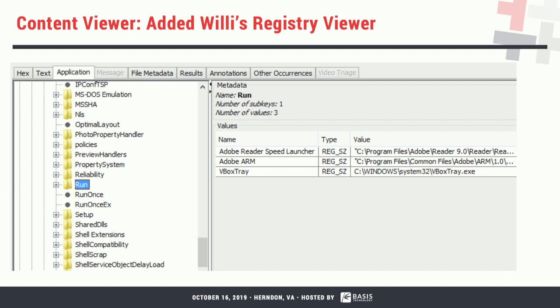So there's a bunch of tabs on the top there. Application is one of them. The application tab is all about file type specific things. It's where you see a picture, if it's a picture, watch a movie, if it's a movie, or if it's a registry hive, you can now navigate that hive and poke through all the key value pairs.